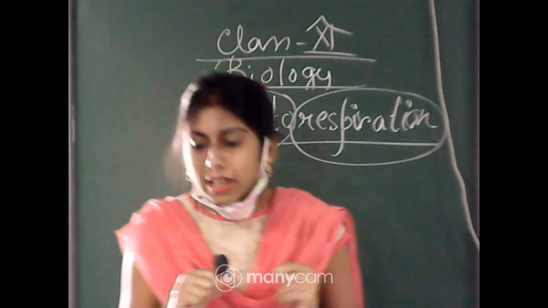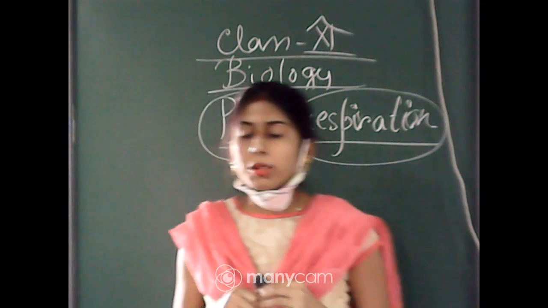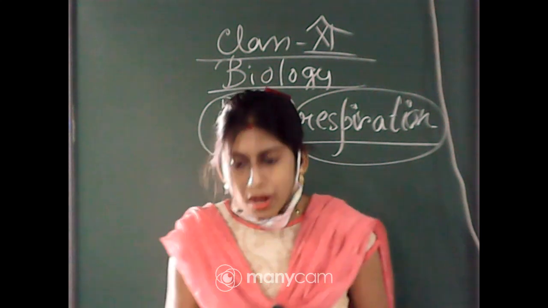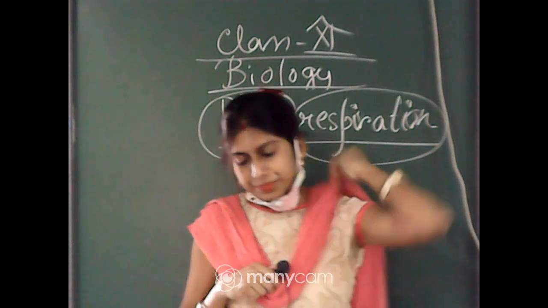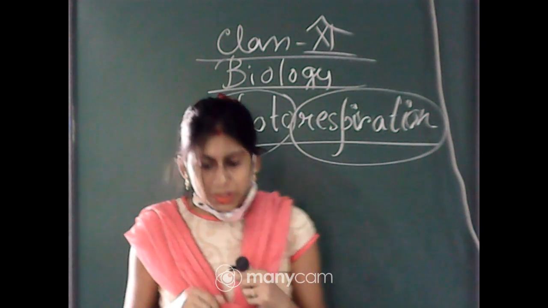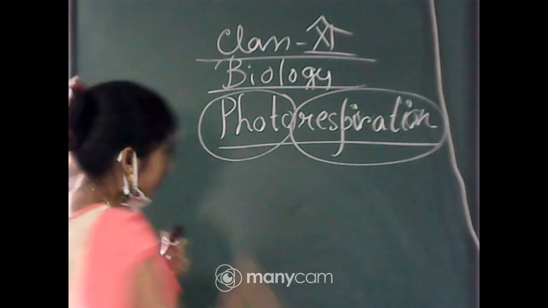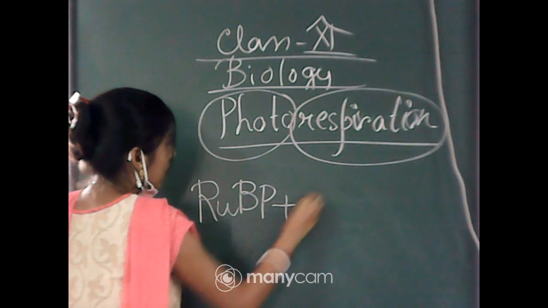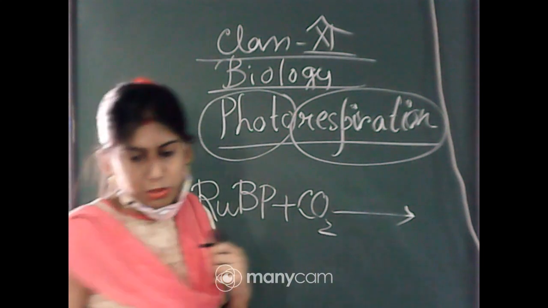If you can't, then you can check it once. So, the first step of the Kelvin cycle was that carbon dioxide will be fixed with the help of RUBP, which is a 5-carbon compound, and 2 molecules of 3-PGA will be formed, and the reaction will be catalyzed by Rubisco. So now if I write the reaction, what happens in that particular case? RUBP plus CO2. Next, what enzyme is required? Rubisco.